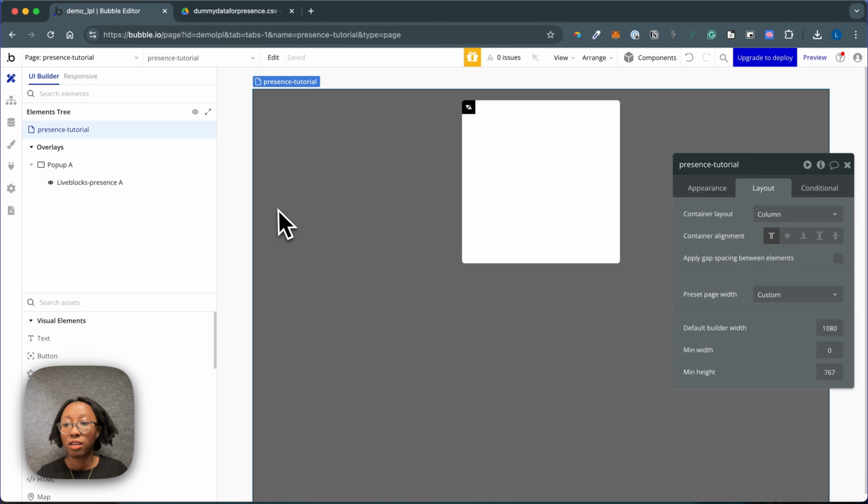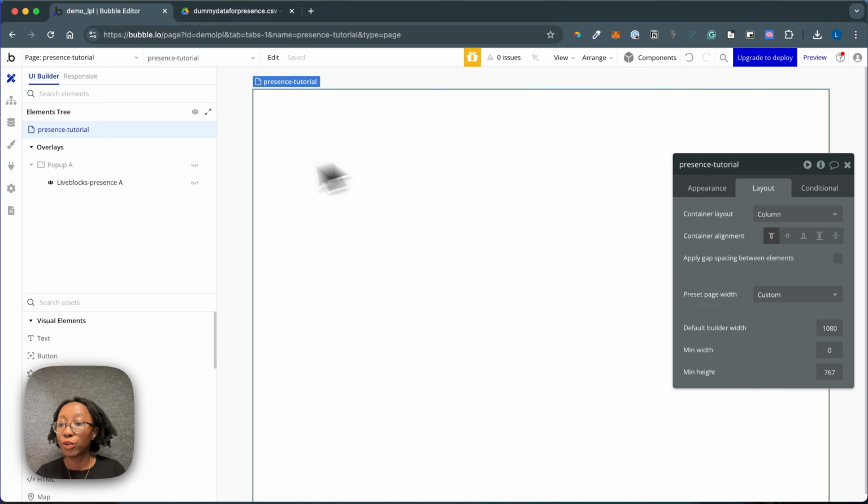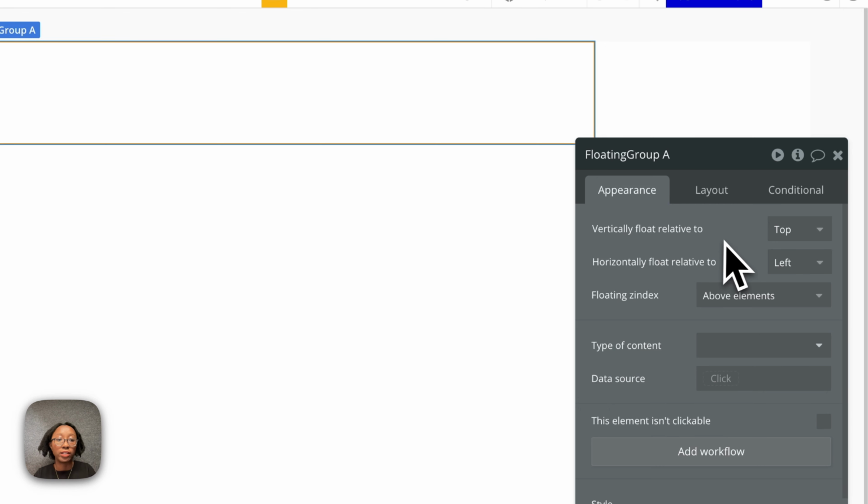Okay, next up we're going to add a floating group. So our real-time presence tracker is just going to be a floating group. We're going to put our avatars in the floating group and it's going to stay on our page. So search for a floating group, and you can create the floating group. For the appearance of the floating group, we want to vertically float relative to the top. We're going to horizontally float relative to left. Floating z-index is going to be above elements,